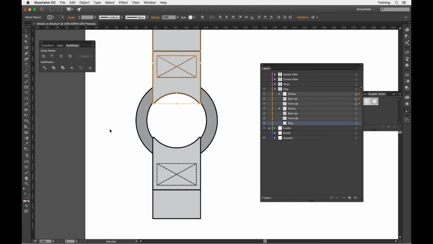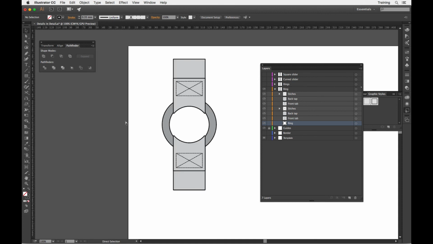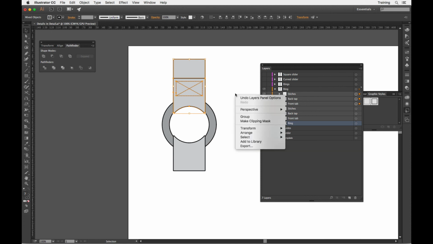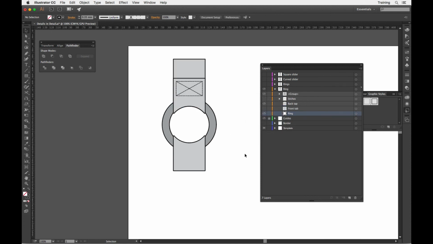and then if I zoom out slightly, you can see how I've got a ring attached by two tagged and sewn tabs. And if I need to show versions without the stitches, I can just turn the stitches off there and turn off the front tab for each one, and that's the view like that. To make it easy, you probably want to go in and group these together as well. Either put them on a sub layer of their own or group them together, and do the same down below